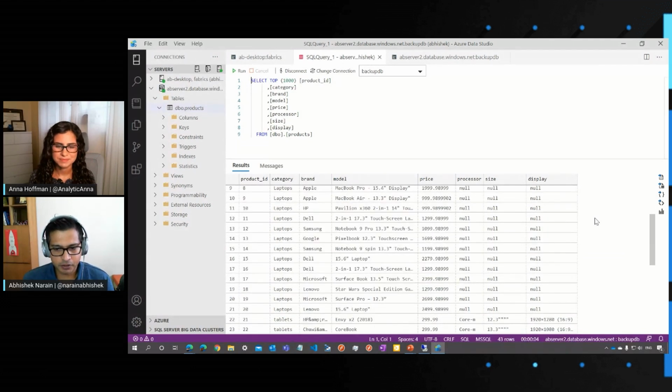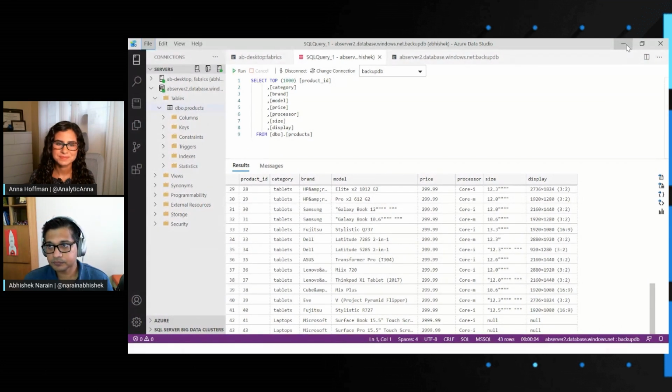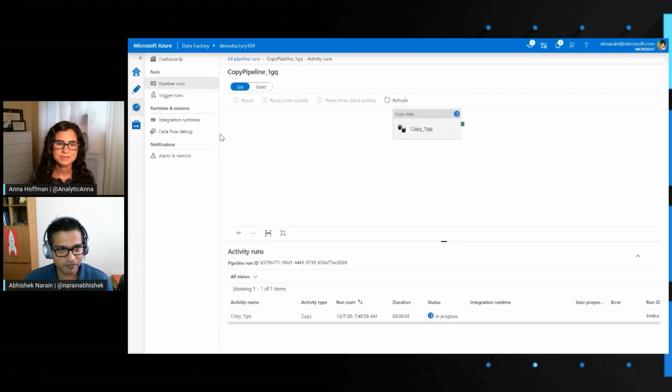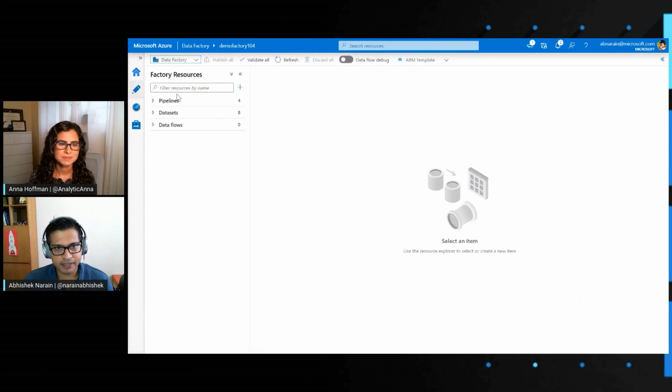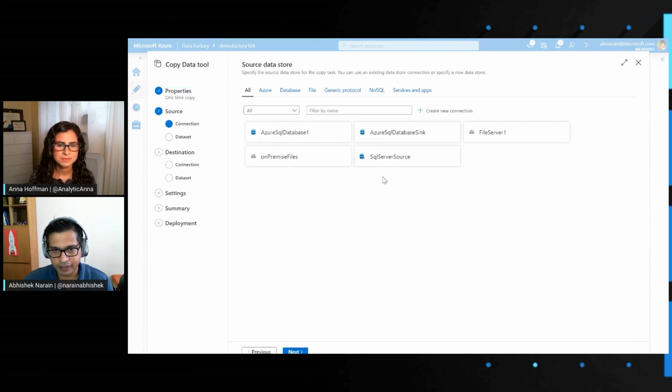So here's the result. And now the second demo that I wanted to run through is being able to load the data from another database. So I also have a database, and I can run a similar pipeline. And this time around, since we know the steps on how to go about creating the connections, I do have connections created. I'm just going to leverage those to quickly create a pipeline.